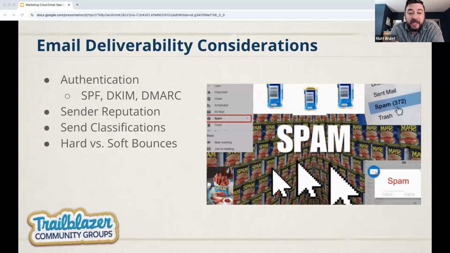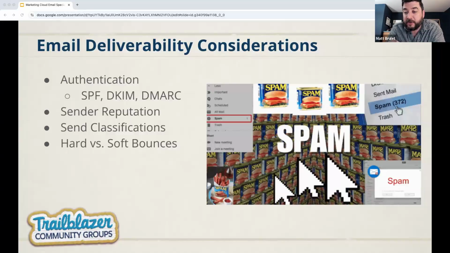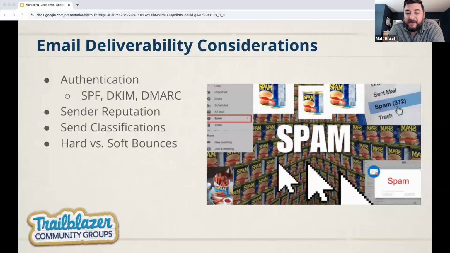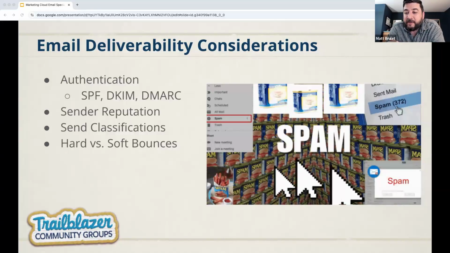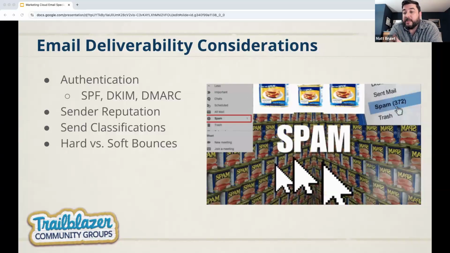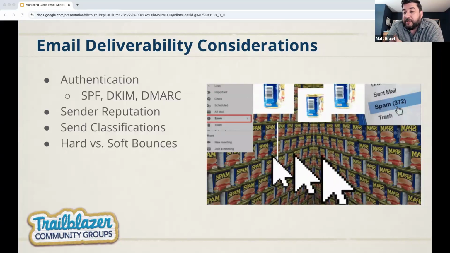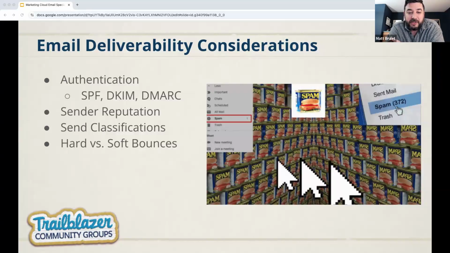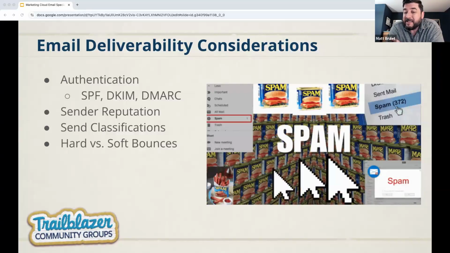You want to be thinking about engagement signals. So are people opening your emails? Are they clicking your emails? If you see a drop off in engagement, that can probably signal either that your content isn't relevant, you're sending it, but it's not really something that your audience is interested in receiving, or that maybe it's not landing in